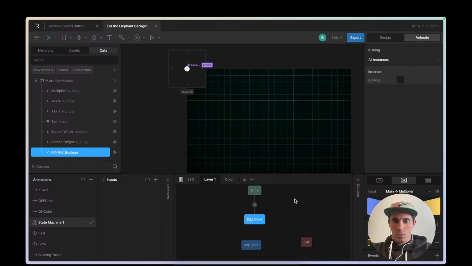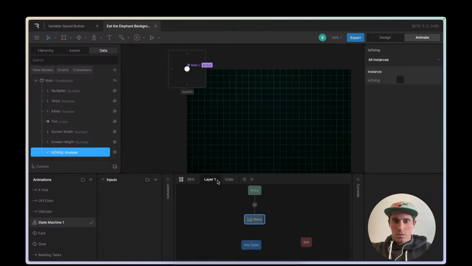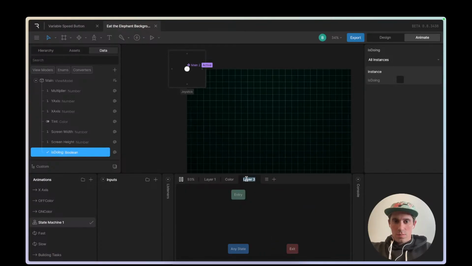Okay, well, if we do it with the multiplier, it's working. So now if we can set the multiplier